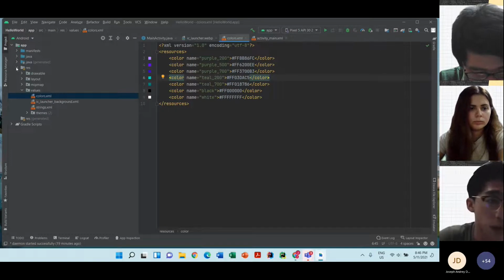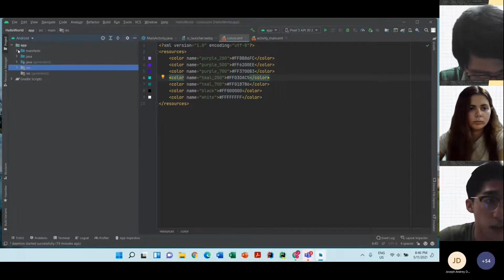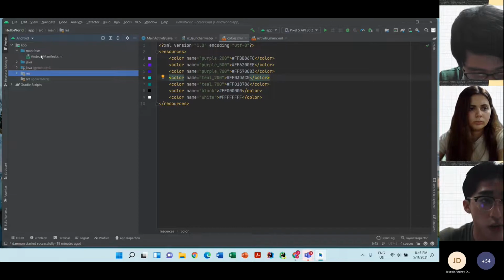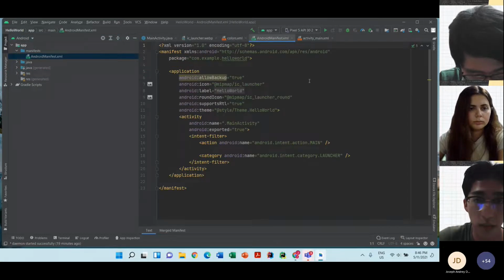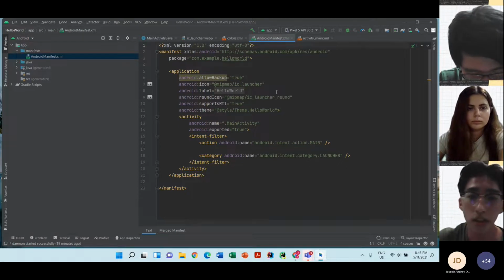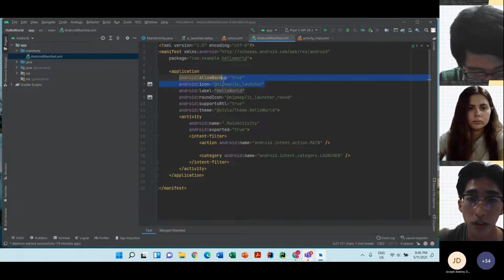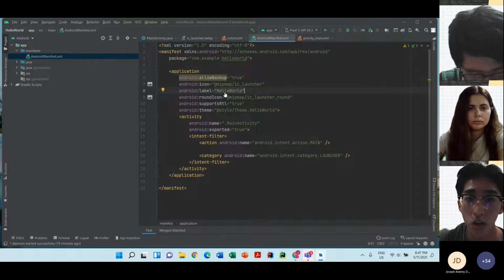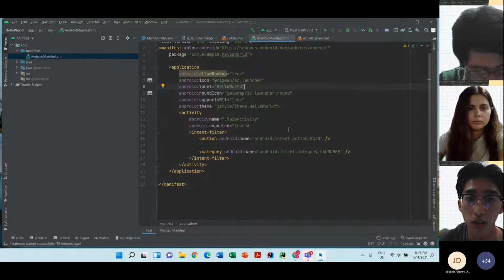Besides that, we have the manifest file here, called AndroidManifest.xml. The manifest file specifies some of the general properties for the application. For example, you can see the icon of your application, the name of your application like hello world, okay, and all those stuff lah.